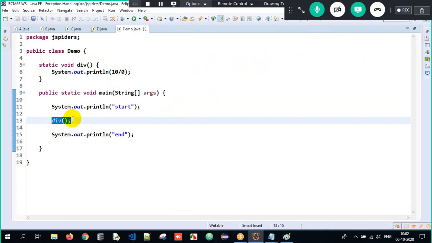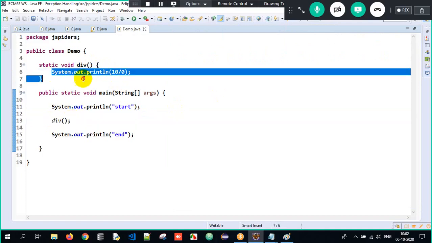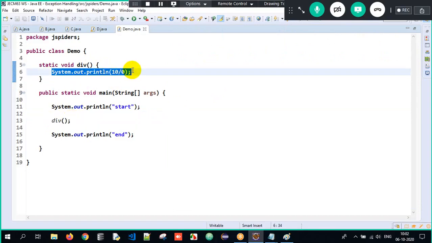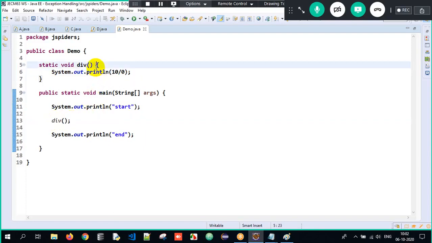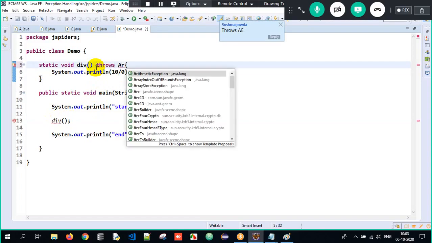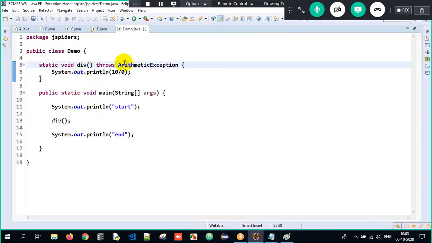So what are we supposed to do here? Sir, we are getting an exception in the method, we need to handle it. But the exception is occurring in the method and the method does not want to handle it. So that information has to be given to the caller. How will I give it to the caller? I will just write throws. What type of exception? Arithmetic exception. It's not AE; I have to write the complete exception. Here I did not have space, so I wrote AE. So the div method throws arithmetic exception, meaning it is in the declaration of the method.